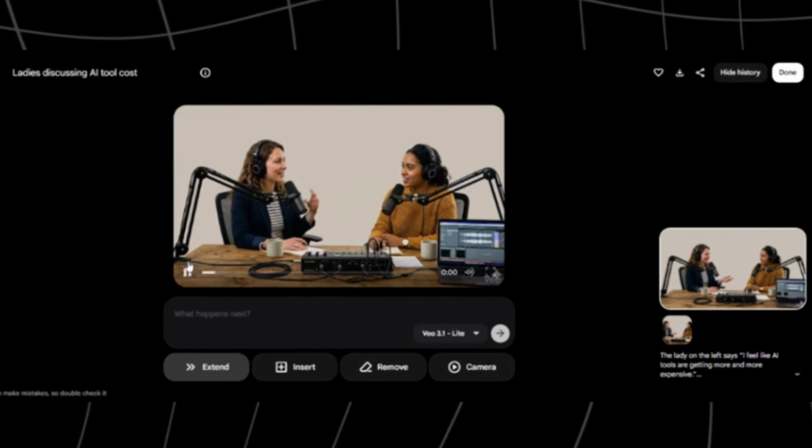Here's the output from Flow. I feel like AI tools are getting more and more expensive. Yeah, you would actually think that the more advanced AI gets, the more affordable and accessible it becomes, but that's